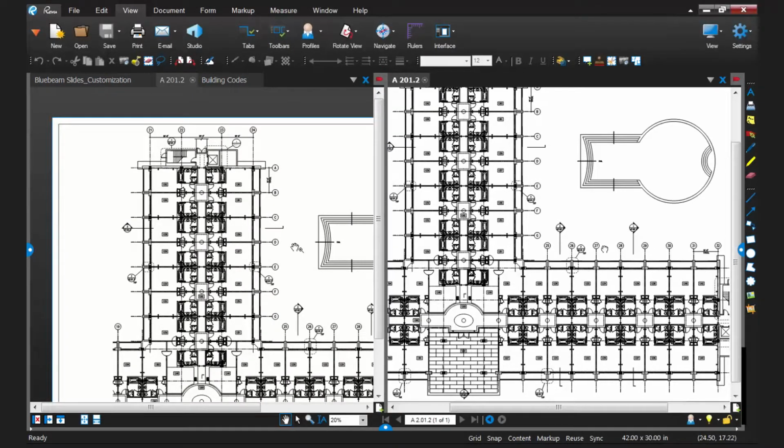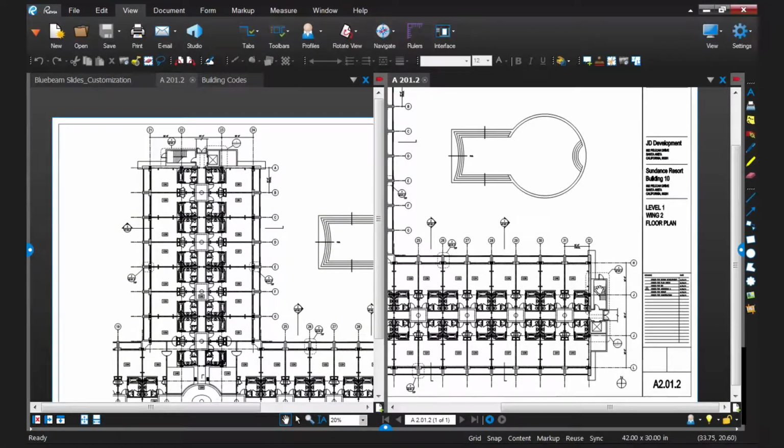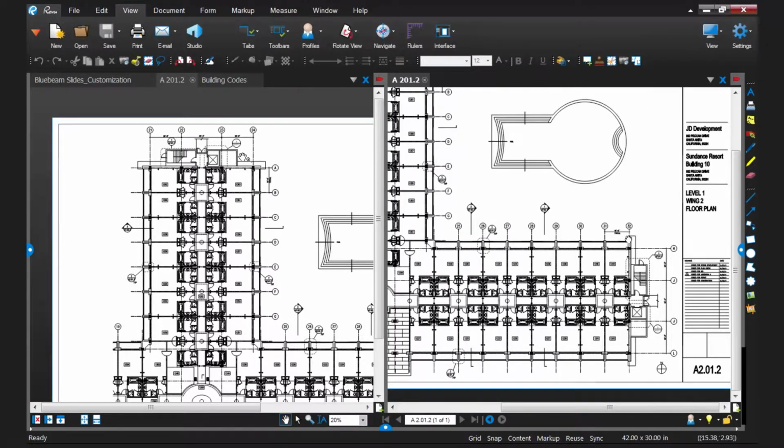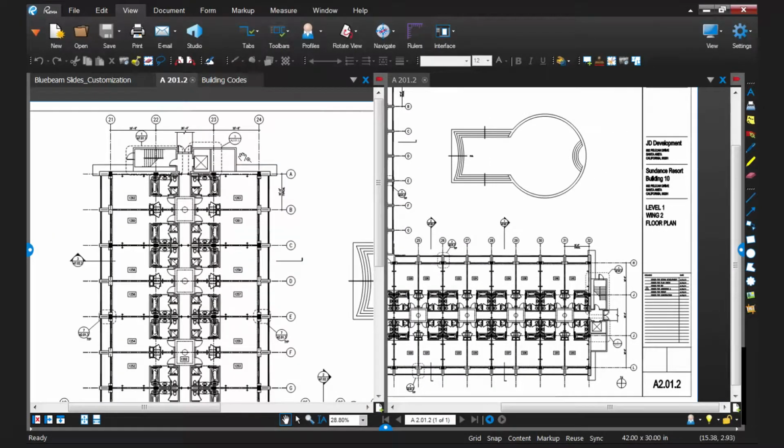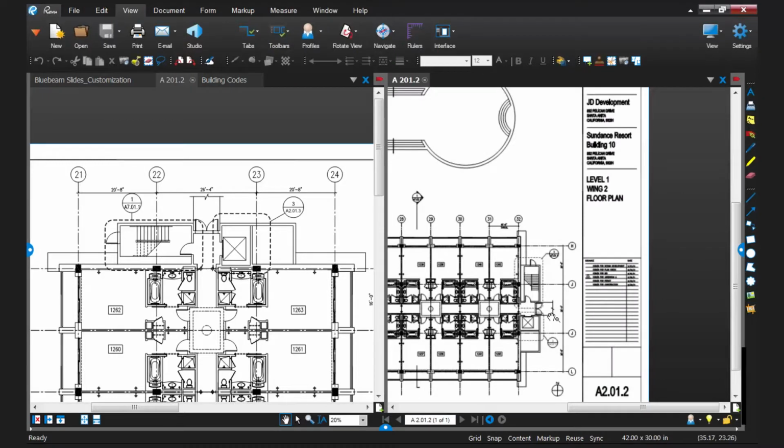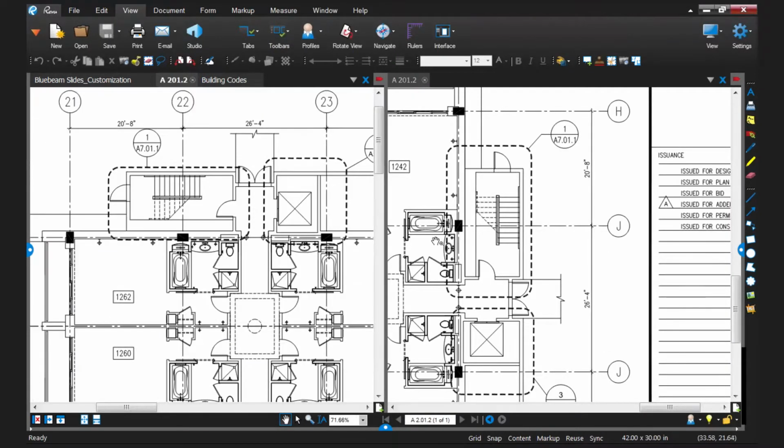But a couple different ways people use this. One way, if you have the same drawing and maybe you want to compare two different areas of it. In this case, I have these two stairwells, one at the top and one over here on the right. And I can zoom in very easily and be able to compare back and forth two different areas of the